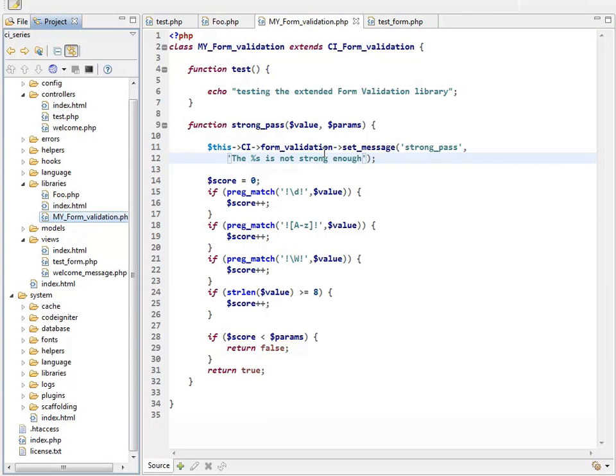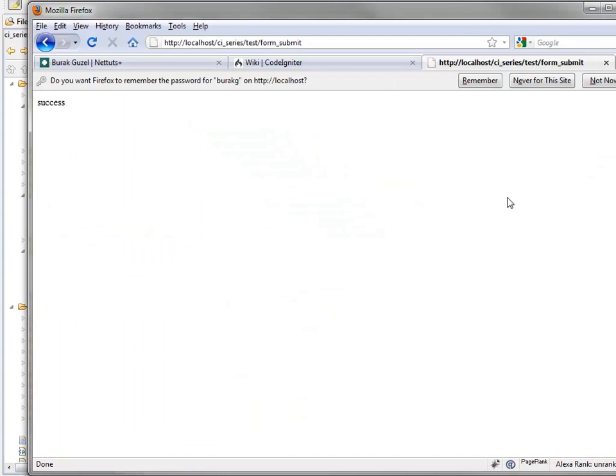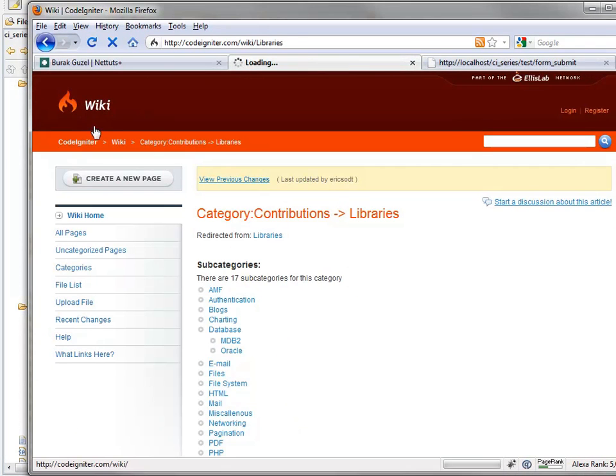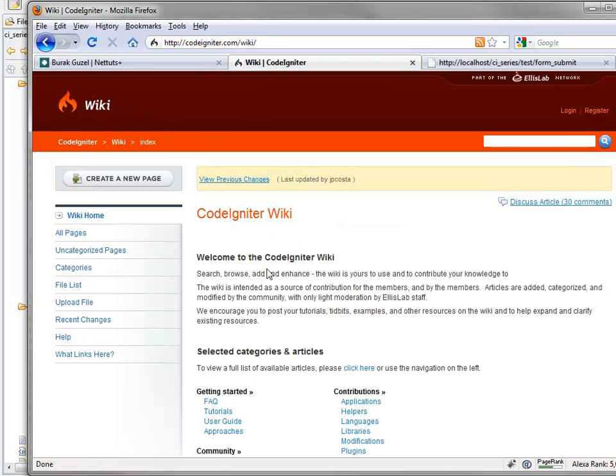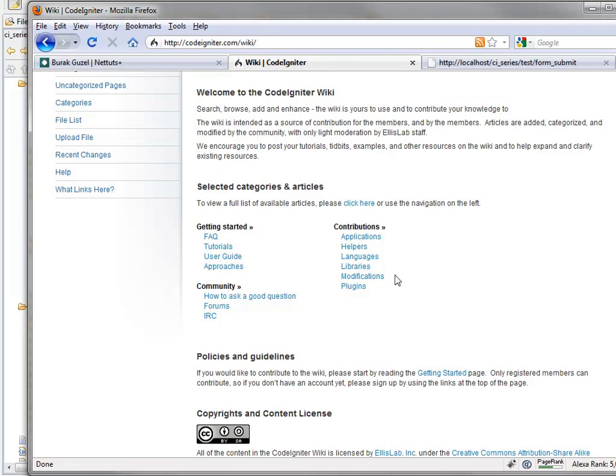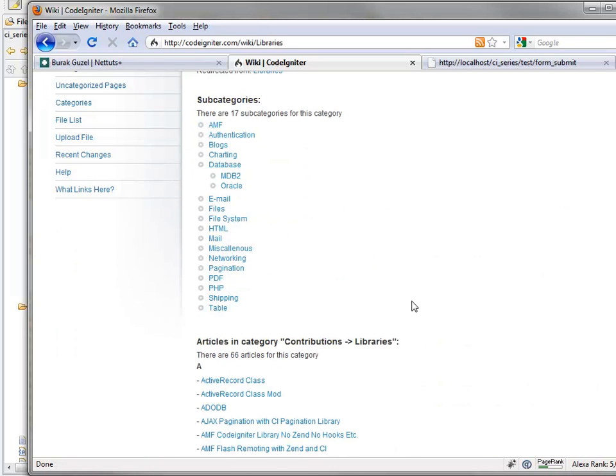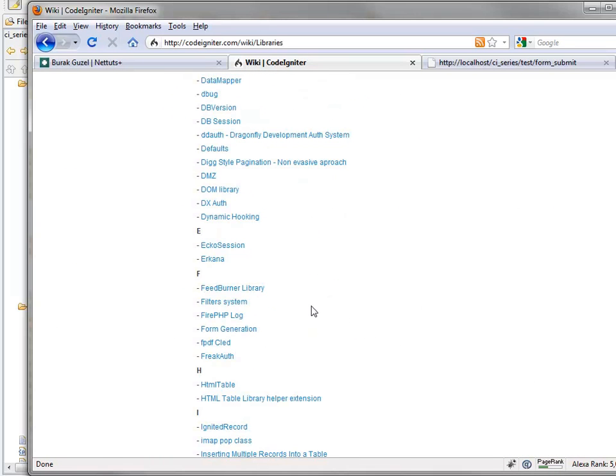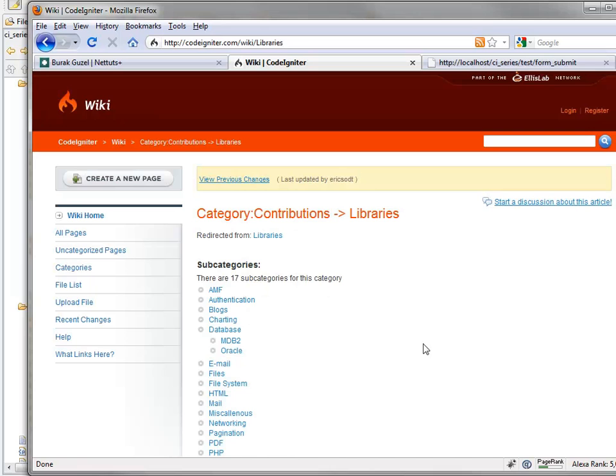And this is just one example of extending one of the core libraries. As I said before, this gives you unlimited flexibility when you can extend any class, add any class, add your own helpers, your own libraries, extend the existing libraries. This will make the framework even stronger. You can also go to the CodeIgniter wiki, codeigniter.com/wiki, and here you can see user submitted, contributed libraries, and you can find what other people have done to improve this framework. So this is a great way to expand the framework, and I hope you liked the tutorial,